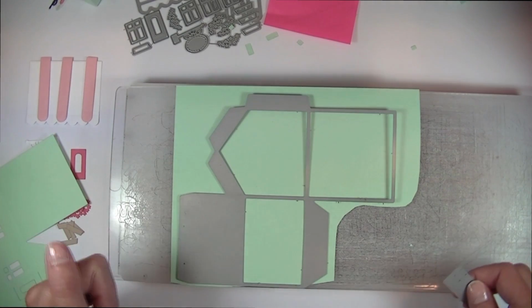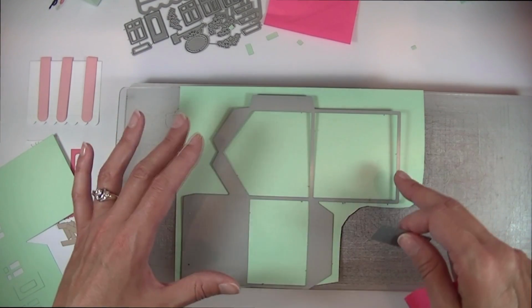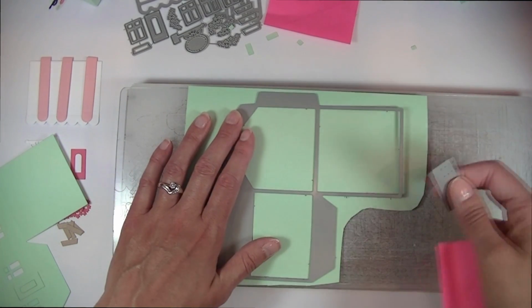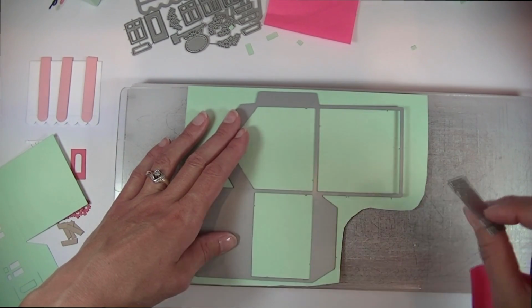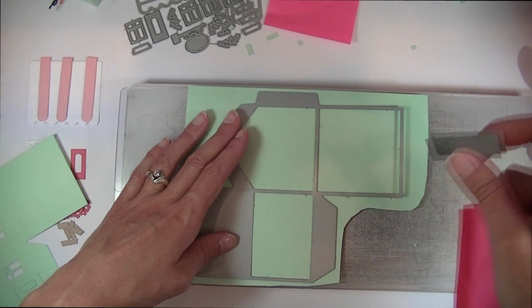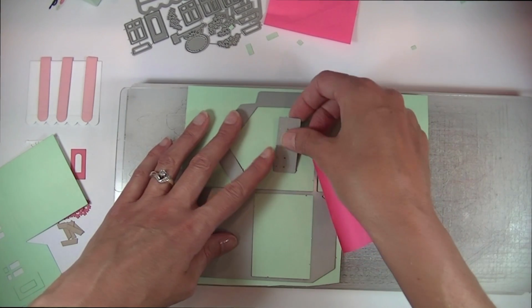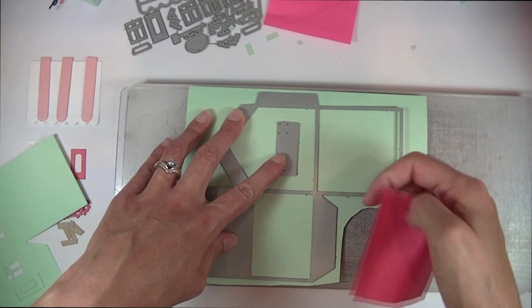Okay, so now we're ready to cut the second half of our building. Remember, you always need to cut 2 of the base to create 1 box or 1 house. So I'm going to put that on the rest of the sheet of my mint julep cardstock, and then I'm going to take just the window cutouts. I do not want to cut another set of doors and windows. That would be a little strange to have a door on the back side as well. So all I need on this one is a set of windows, and I'm just going to position that